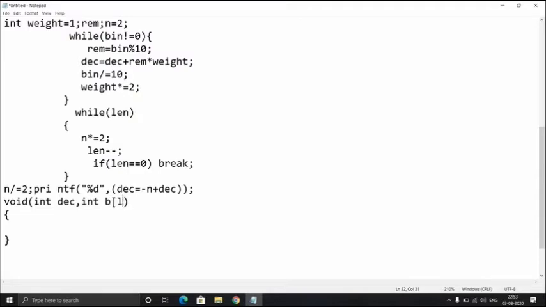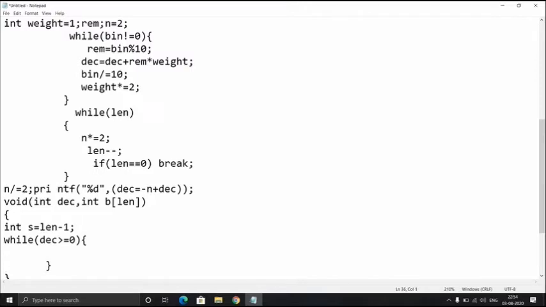As you can see, I'm going to write another function which is not going to return any value. Its parameters are decimal as well as an array, which is of size length. This is for the purpose of decimal to binary conversion. If the user enters a value, I will provide the output of its equivalent binary number. I have declared a variable, local to this function, equal to length minus 1. If the length is 8, there should be 7.